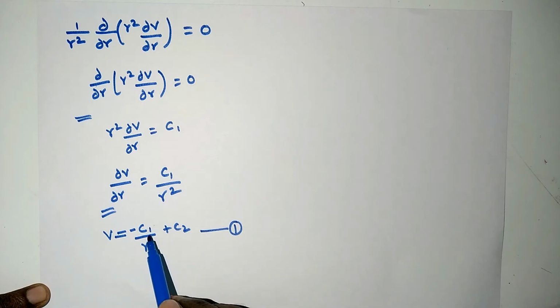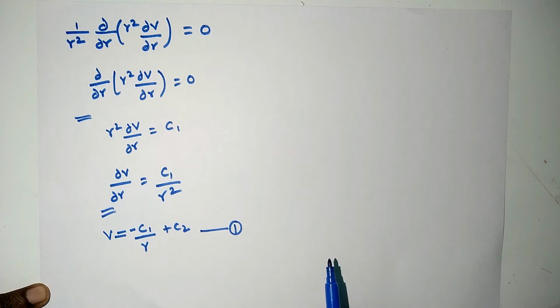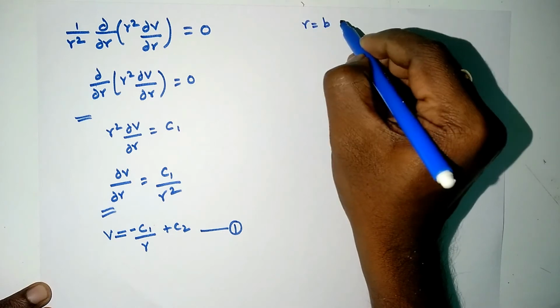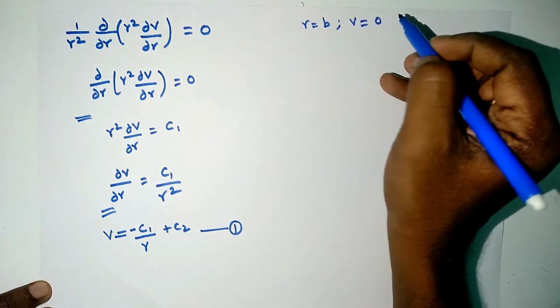Now we have to find out these constants C1 and C2. To find out the constants C1 and C2, we shall apply the conditions existing at the different conductors. So here the conditions refer to the voltage on the inner conductor and the outer conductor. We have assumed that the voltage at the inner conductor is equal to V0 and voltage at the outer conductor is equal to 0 because the outer conductor has been grounded. So we shall apply the first condition here. When radius is equal to b, voltage will be equal to 0.